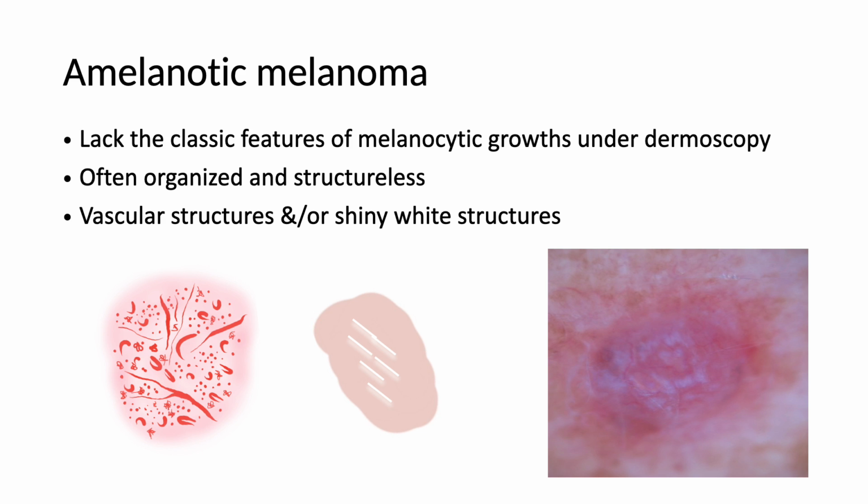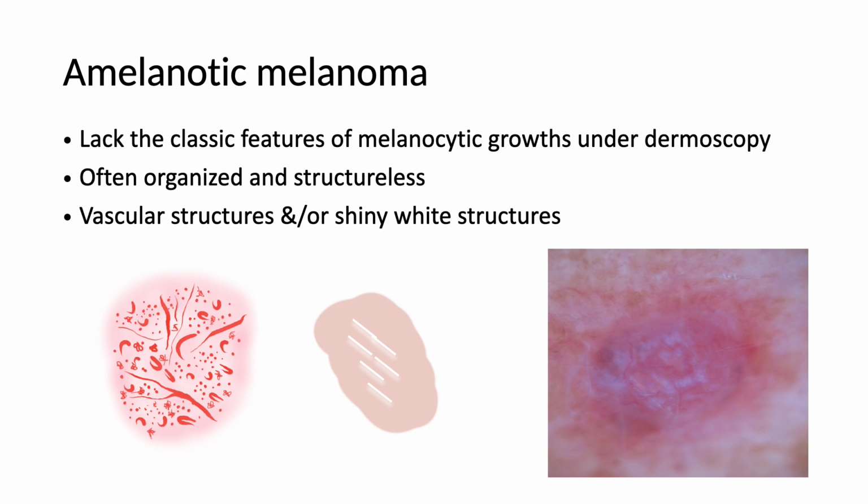In contrast, amelanotic melanoma often is structureless or just homogeneously pink, making it more difficult to categorize this as a worrisome growth. Most amelanotic melanomas, however, with the use of dermoscopy, can be accurately diagnosed by looking for vascular structures